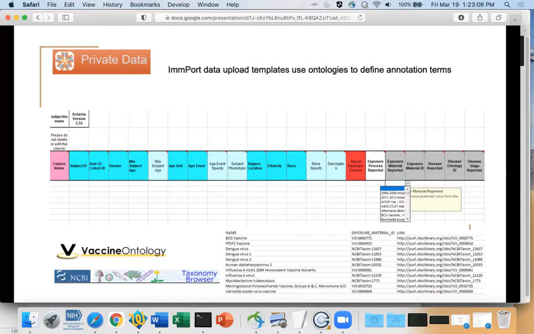So one of the principles that ImmPort works on is we try to harmonize our data to make it more useful for reuse. For our data downloaders, we try to harmonize it and organize it so that looking across studies, we have a common data model, and studies are more easily compared. Okay, so what you're seeing here is an Excel version of the human record loading template, and you can see